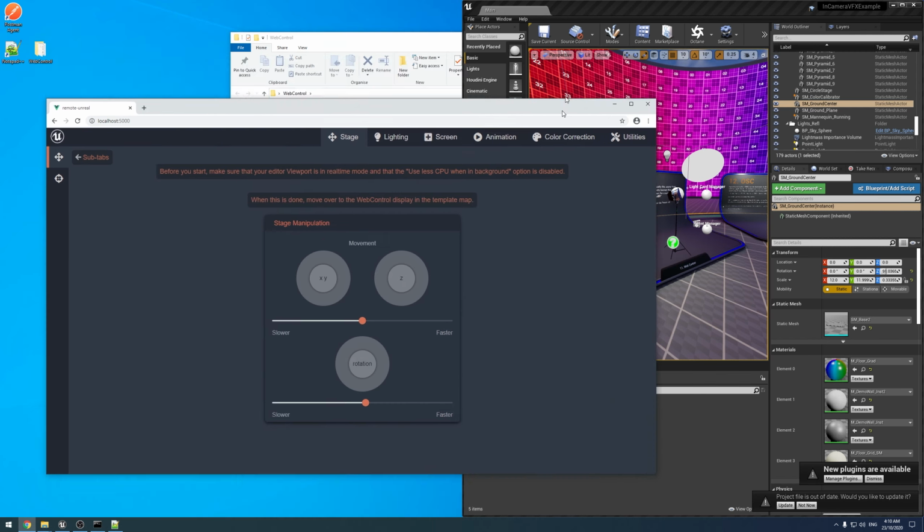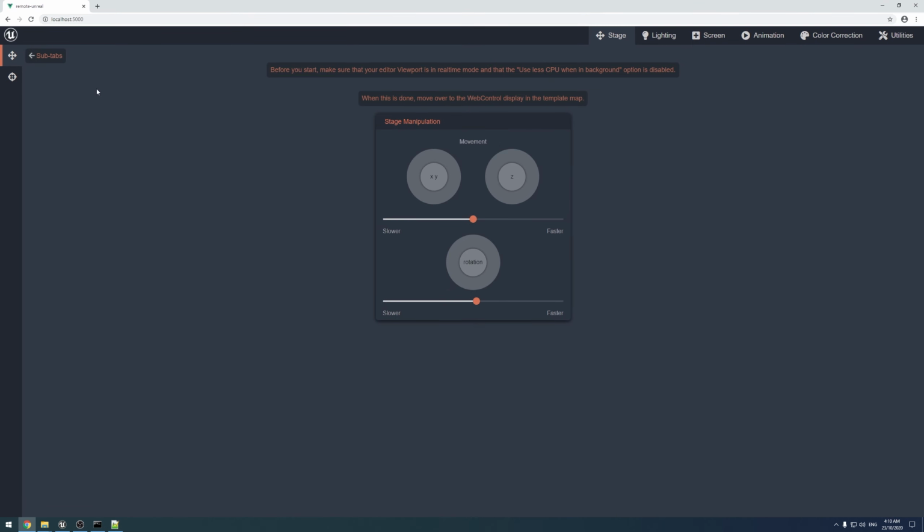I should probably go through this first. First of all, we have the stage manipulation. This represents the offset to the camera. So they're sort of moving the entire world almost